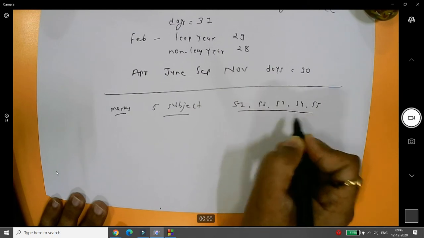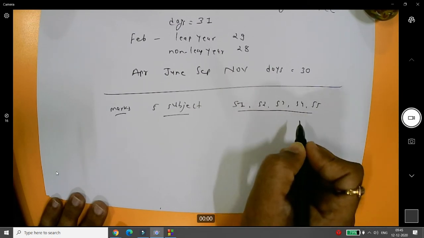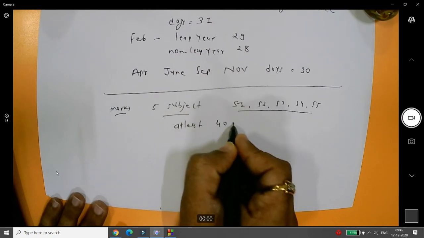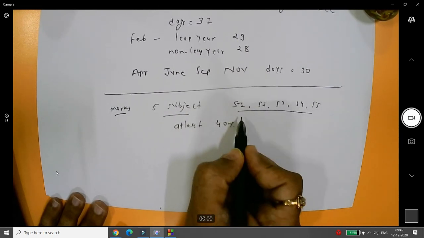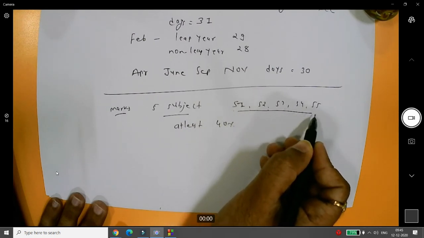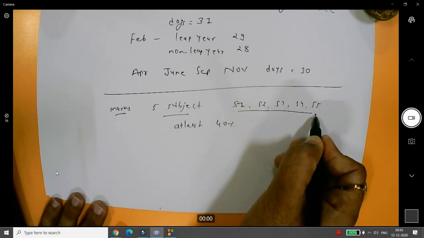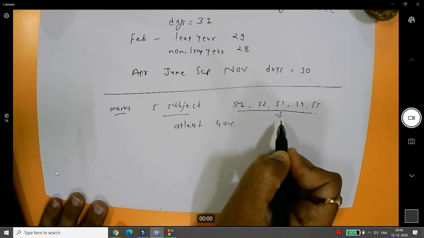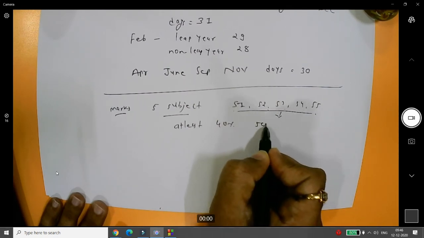I want that in all these subjects, the student must score at least 40%. It means if all the subjects have minimum 40 marks, then and only then the student will be eligible for the pass if the average of all this is more than 50%.